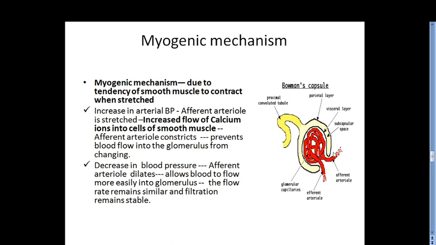Similarly, if there is a decrease in blood pressure, what will happen? There will be less stretch on the inner intima of these blood vessels, so they may become more dilated. In this way, these afferent vessels respond to the stretch over their inner wall. If the pressure is high, they may constrict, and if it is low, they may dilate, and thus they maintain the GFR.